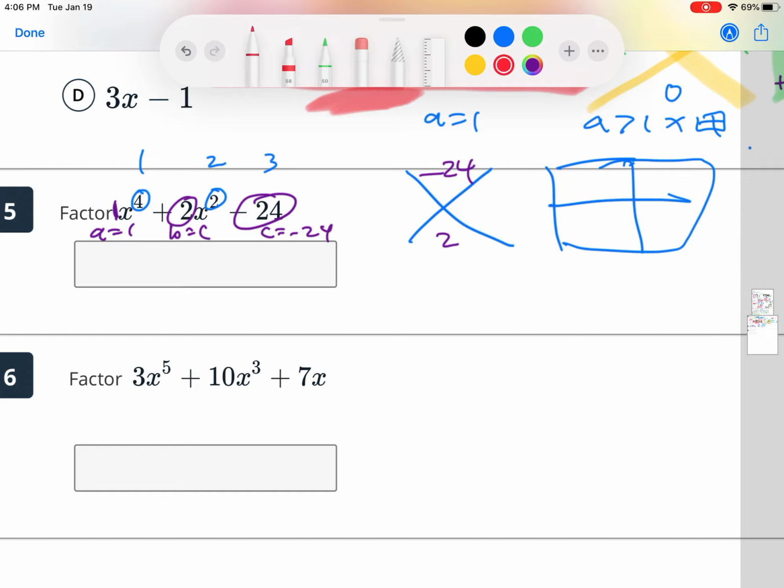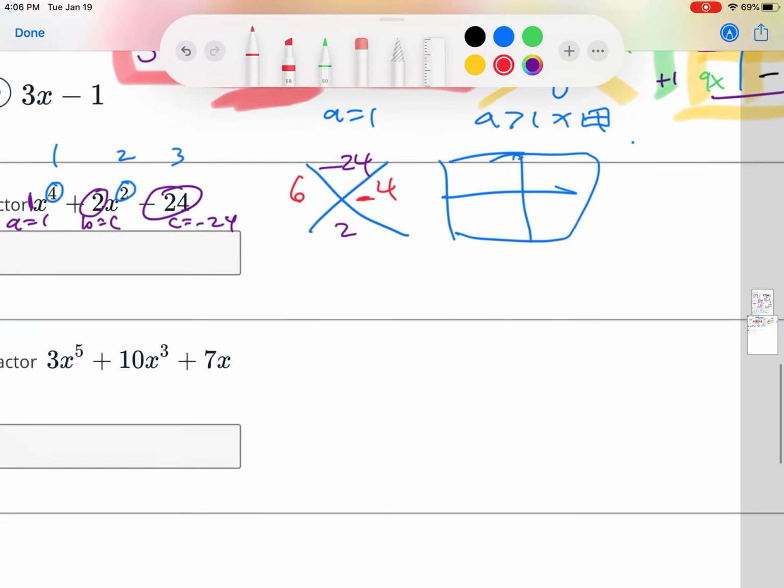What are the two numbers that multiply to be negative 24, but they add to be 2? I'm thinking of 6 and 4, and this one will be a negative. Okay, remember those numbers in red. I'm going to use this in the box. We don't have to, but